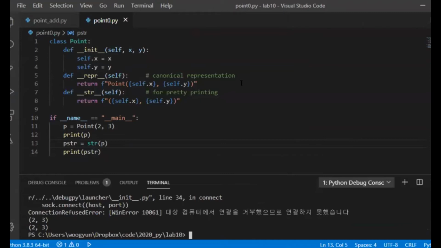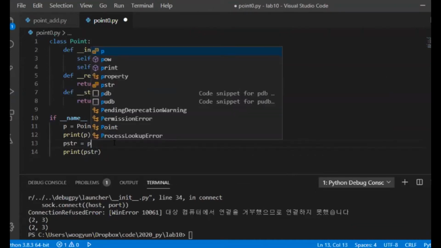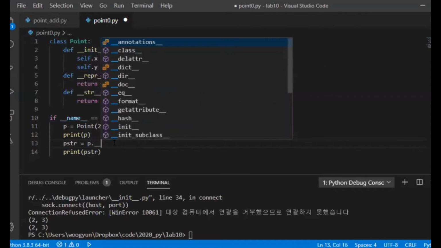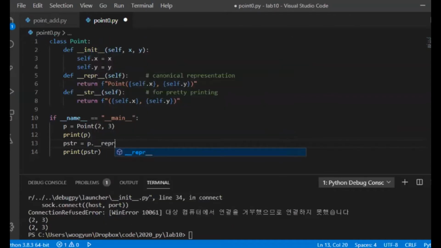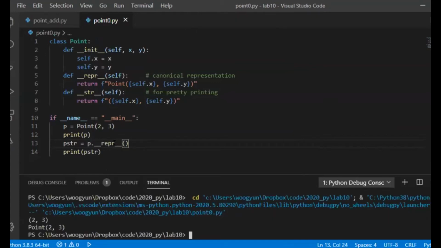So they have the same representation. Let's call it explicitly, p.repr. Then you know that they should be different. The difference is that repr returns a canonical representation which is used for constructing